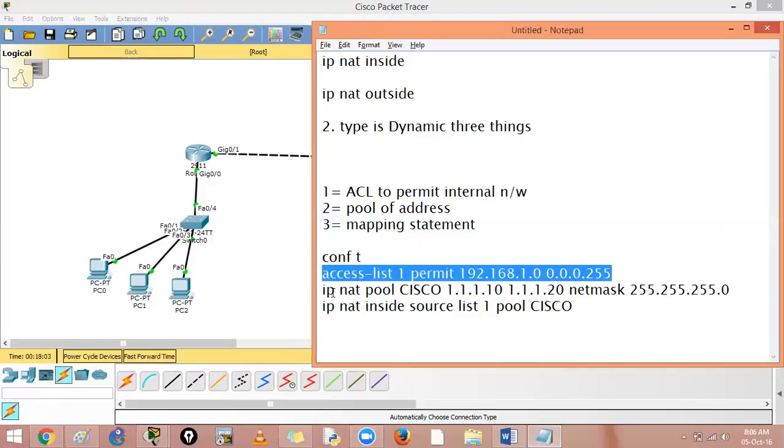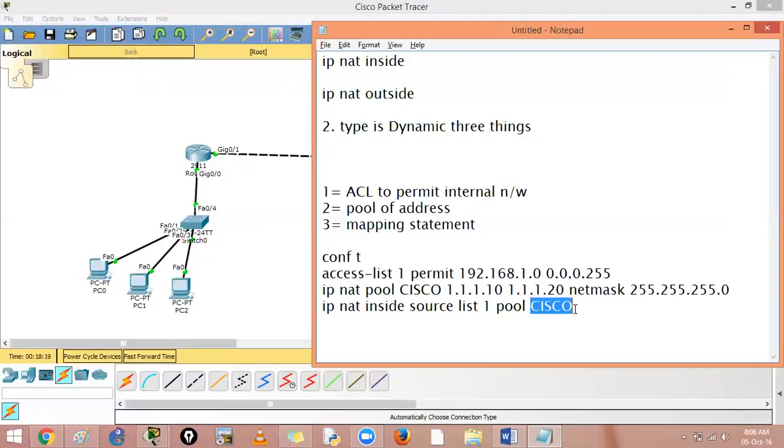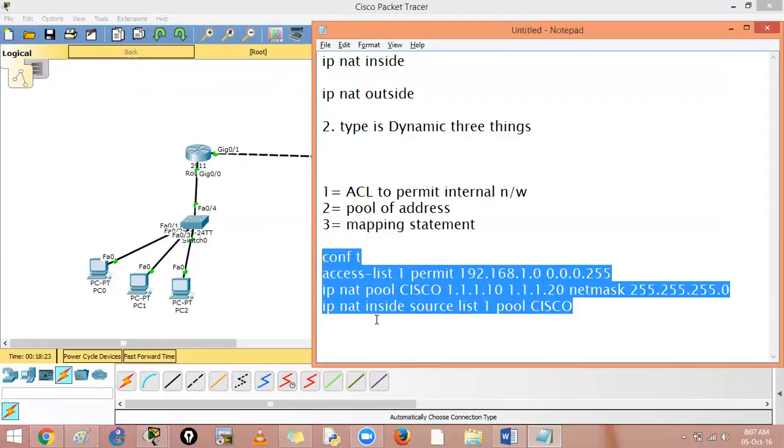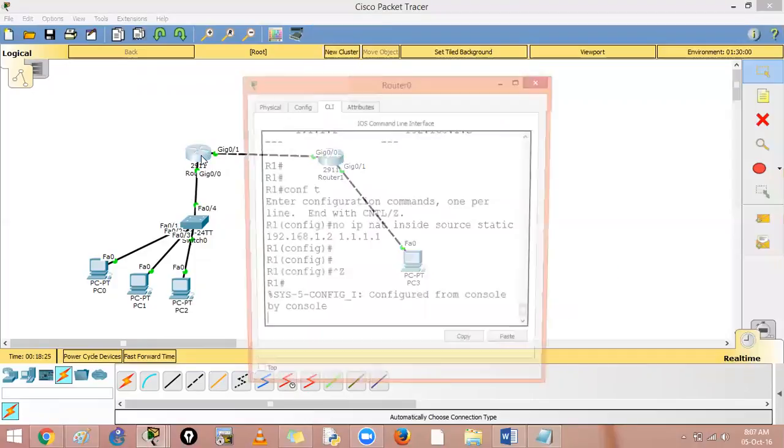Second is the pool. If these guys want to go outside, there must be a bunch of addresses. That is what we specify in here. And third thing is the mapping statement: IP NAT inside source, if it is permitted in list 1, then give him an IP address from this pool. Let us copy these 3 statements and paste them on router 1.